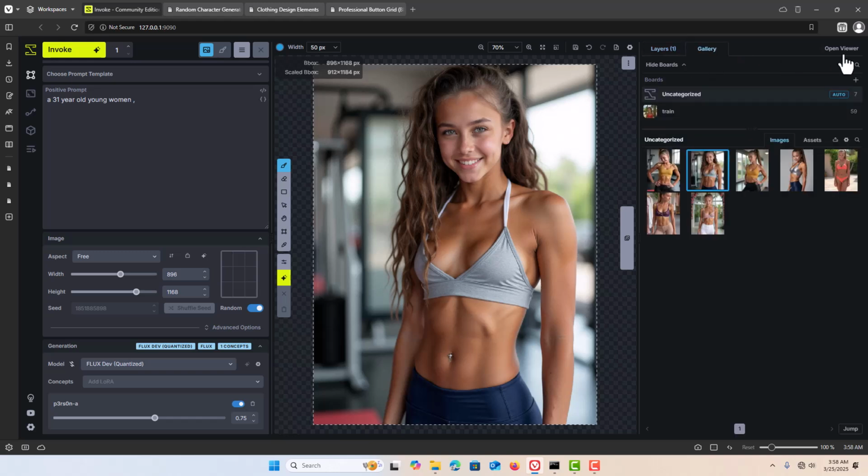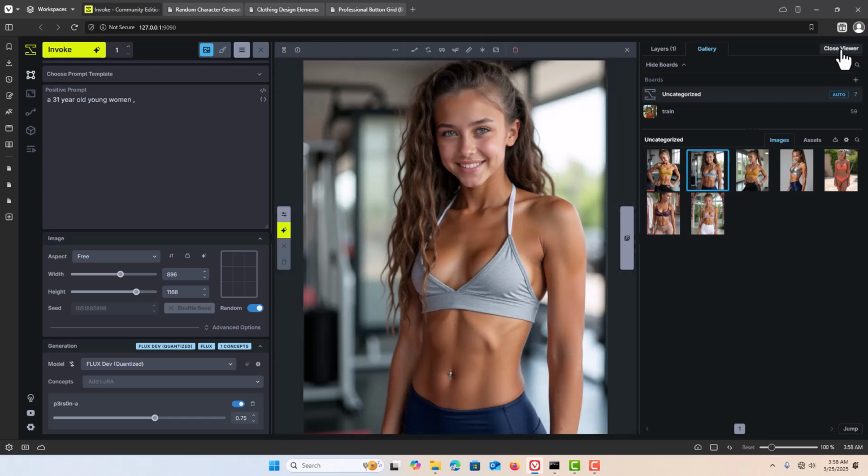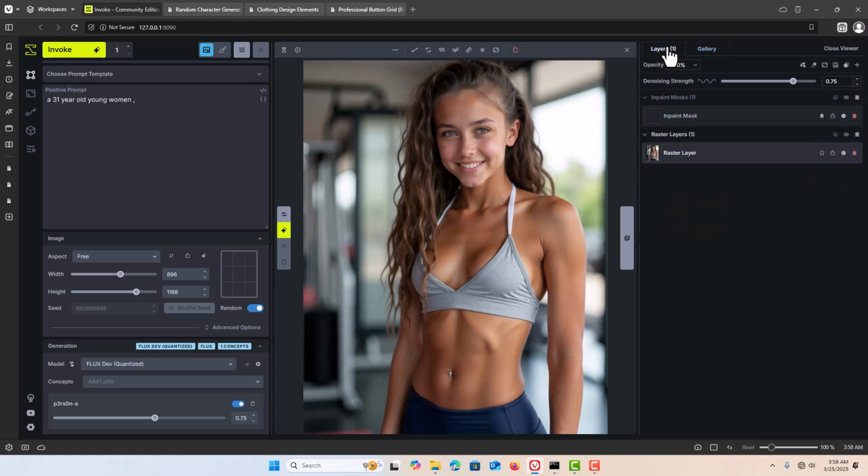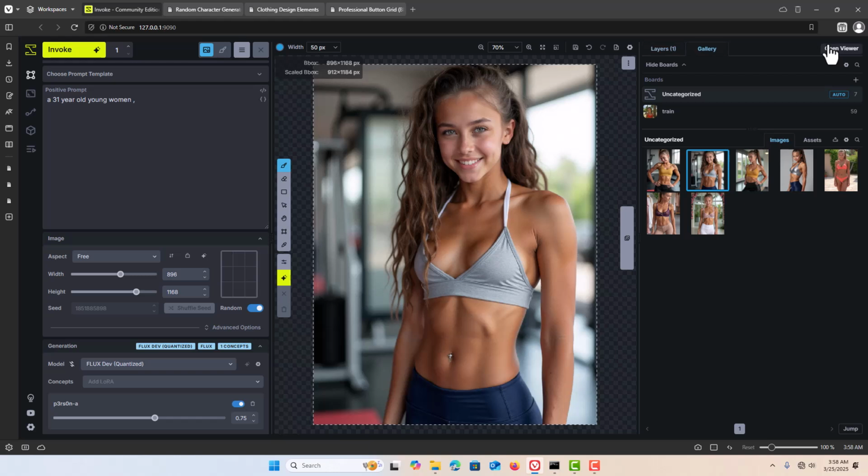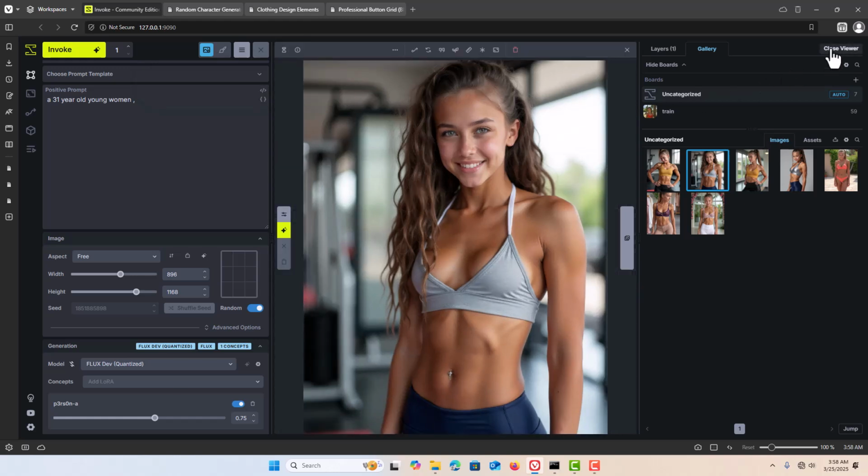So let's close all this up. I don't want to get into too much detail, but you have this option where you can send it over here to the canvas or to the gallery. You can do that. I don't like to do that. I like to keep everything where it's at. So with that said,